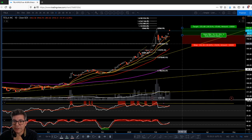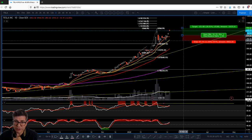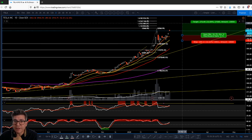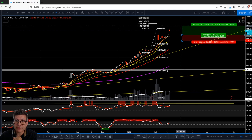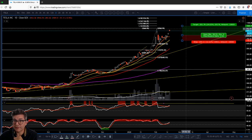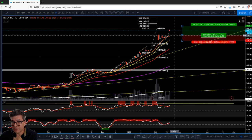Risk no more than the 38.2, which is just below this little peak right here. A lot of people would actually keep it tighter and just go here, which you could. I mean, there's nothing wrong with that. Keep it there and look for a 2-to-1 or a 3-to-1. This right here, to be honest with you, makes all the sense in the world. So here you're being super conservative if you're bullish, and hitting the 1.13, you have an exact 2-to-1 risk reward. I mean, that's awesome. Granted, this is if price comes down and gives you a fill here at around